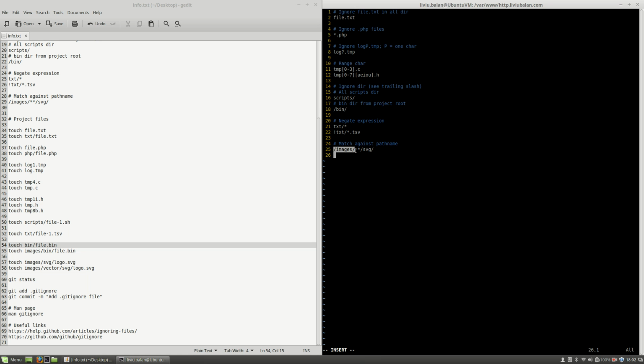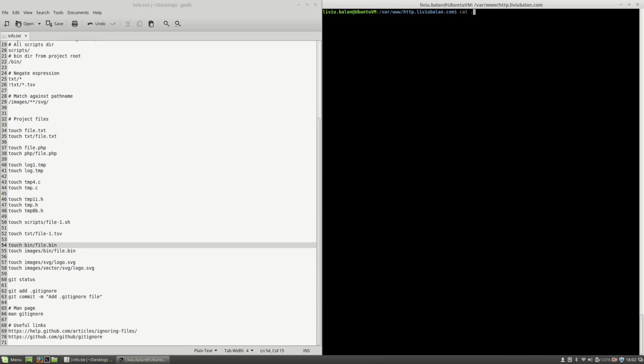So what this is trying to say is that it will ignore a directory named svg, which is located in the root of the project inside of the images, and then between images and svg you can have any directory. Okay, so write and quit, cat that .gitignore,